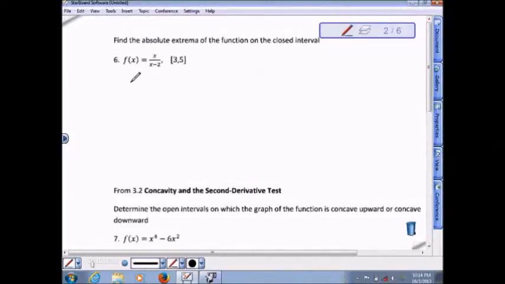Question 6 is also from 3.2. This was labeled incorrectly. That should be a 3.3. Talked about concavity. Anyway, question 6, find the absolute extreme. Okay. This is a similar process, but now we also have to consider the endpoints